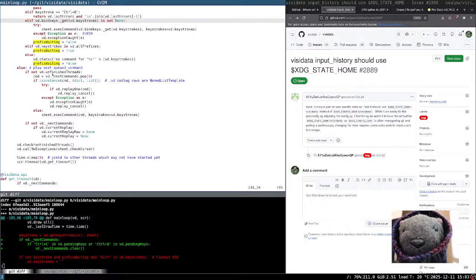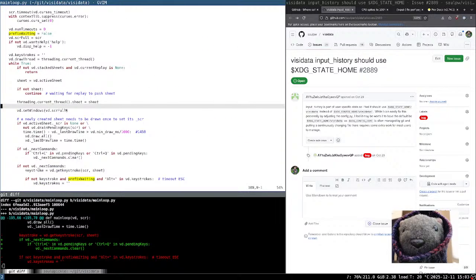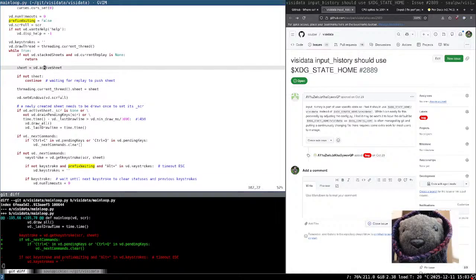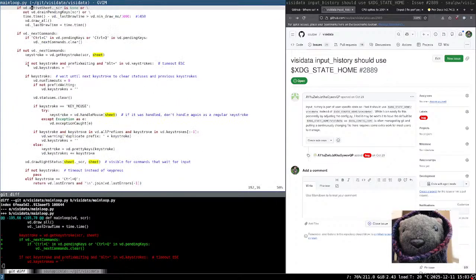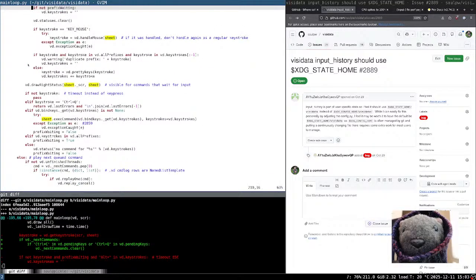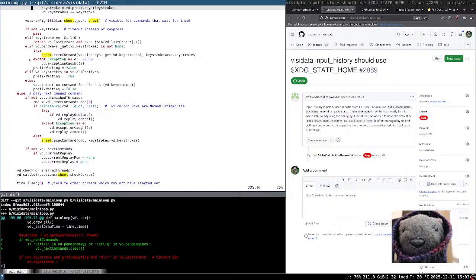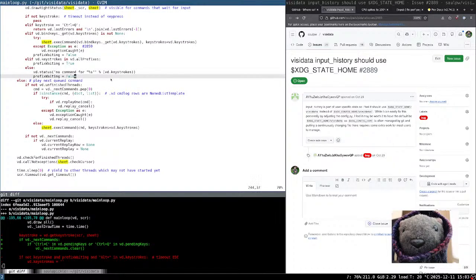Okay, so I think I can, sheet is the active sheet. Okay, we're going to play the next Q command here. So this is going to be